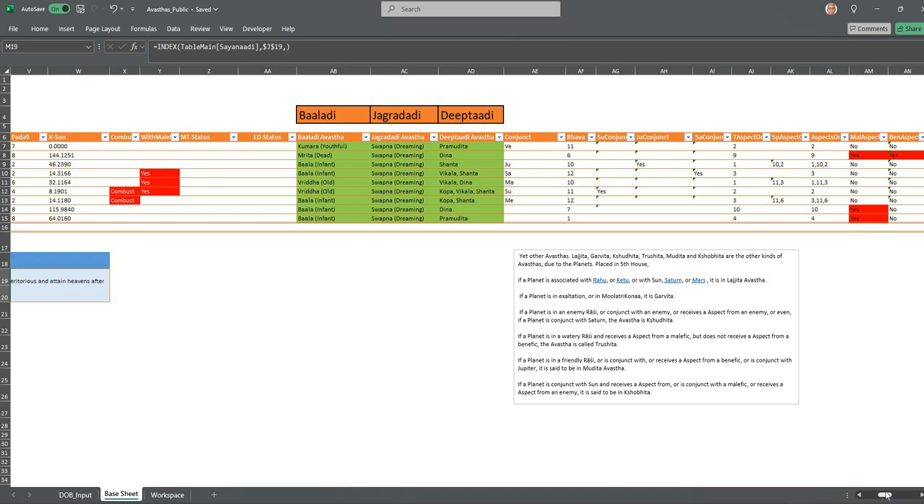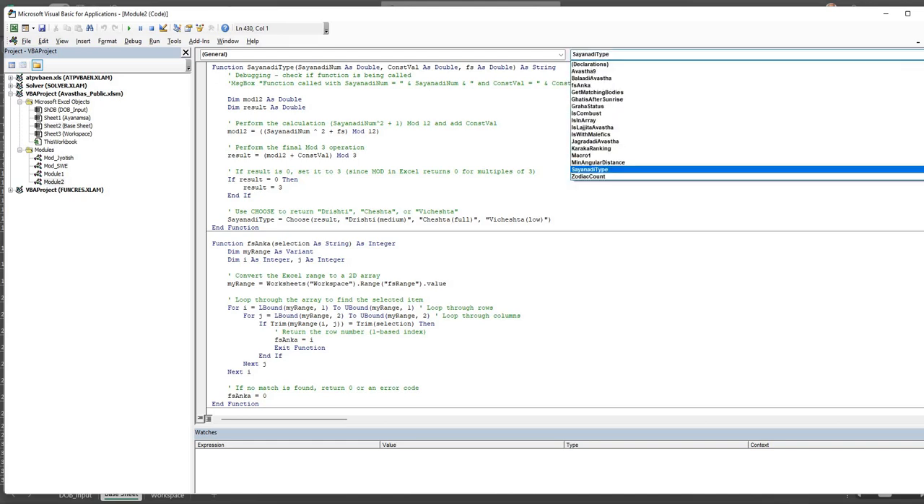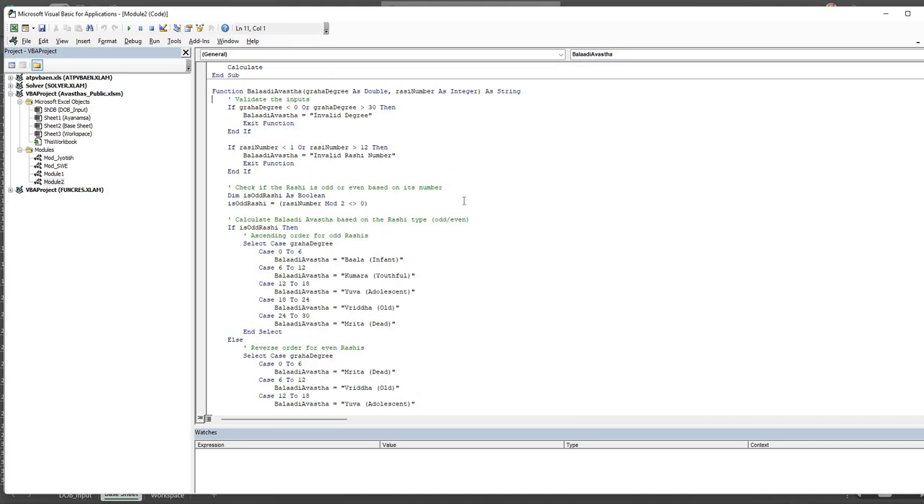So next, coming to the Baladi Avastha. Here, the Baladi Avastha is calculated by a UDF. You can go and check how the UDF works. Here, depending upon whether it is an odd Rashi or an even Rashi, each Rashi is divided into